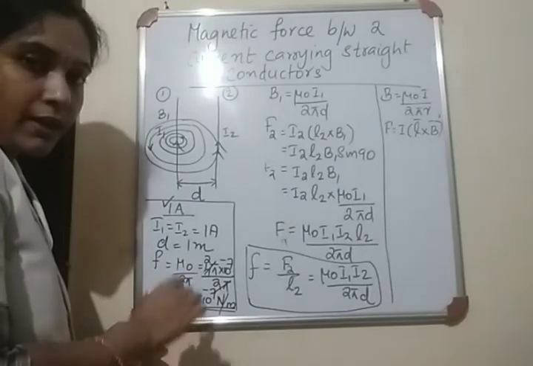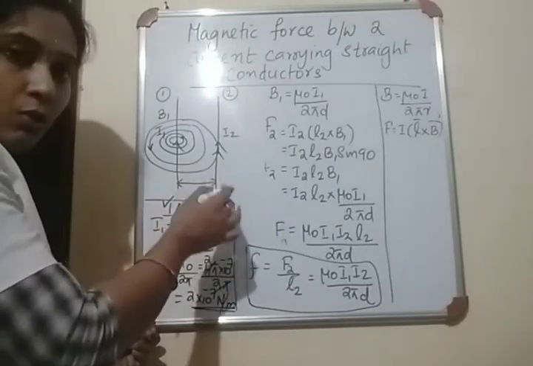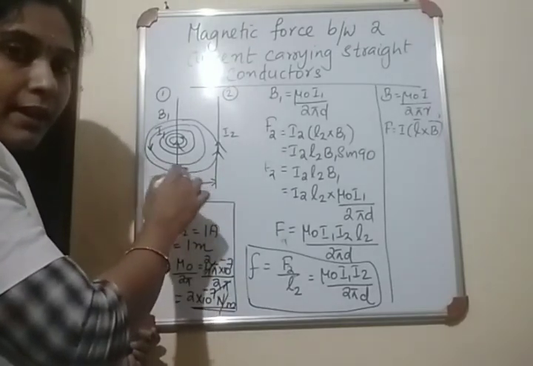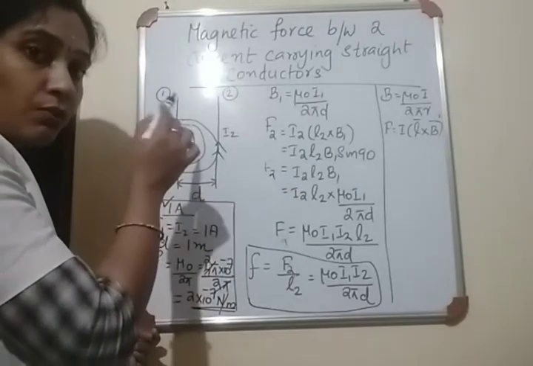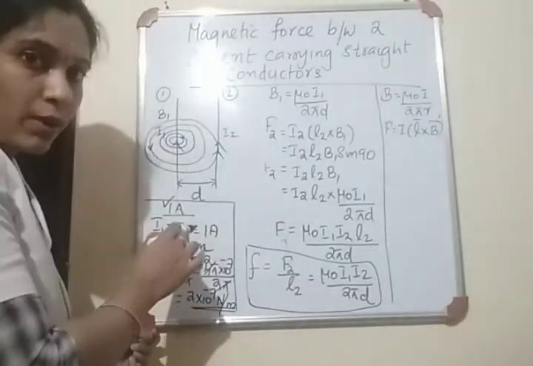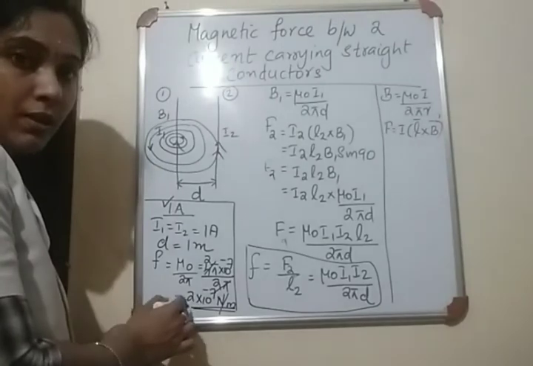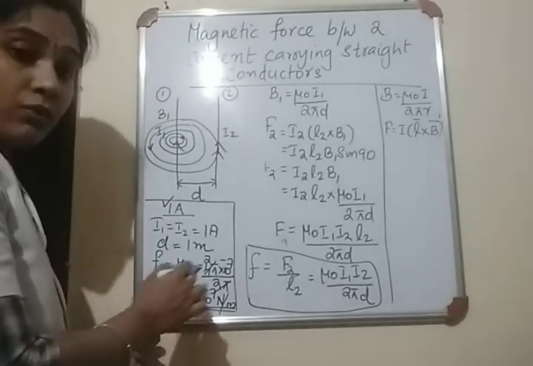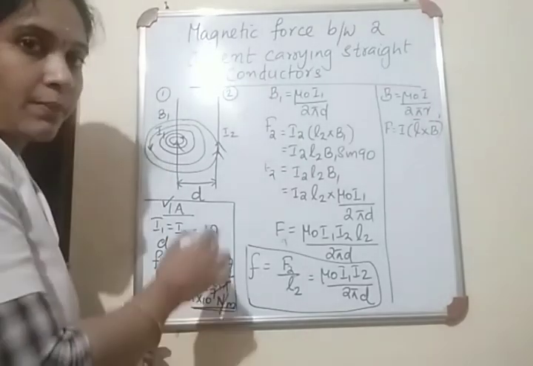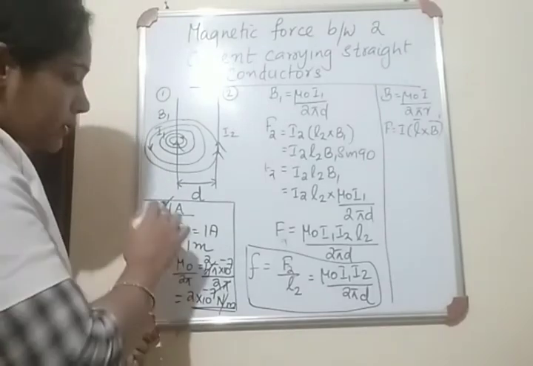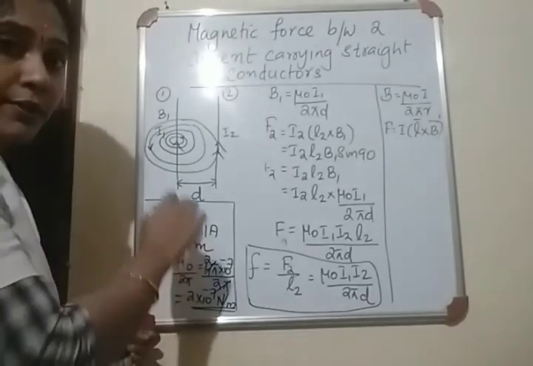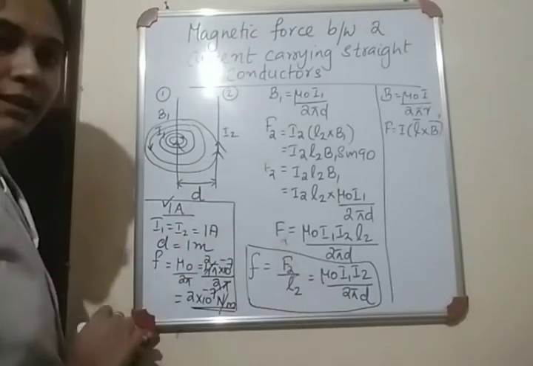It is the current which when flows through these two straight current carrying conductors kept at a distance of 1 meter apart in vacuum produces a force per unit length of 2 into 10 raised to minus 7 Newton per meter. Okay, this is 1 ampere. So like this we need to define 1 ampere based on this expression.